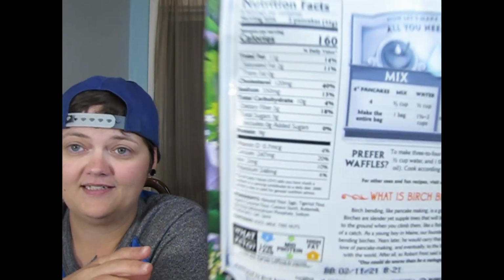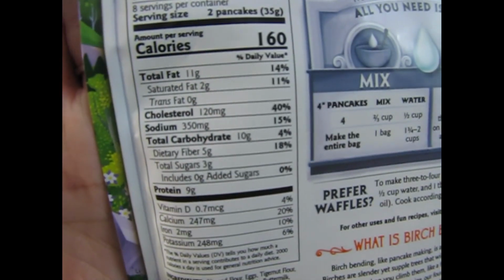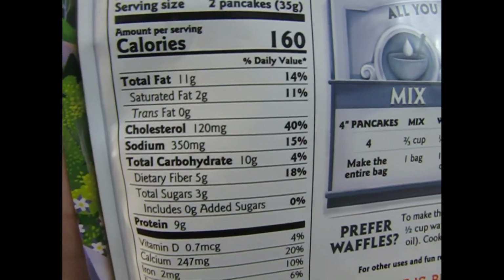Well, anyways, I'm gonna look up the exact price at Walmart. This is like $6.98 at Walmart, I believe. $6.98. So we only bought 1 pack, and it was a splurge that day because we were really, really fiending for some waffles or pancakes. There you go. Yeah, and we bought sugar-free syrup, which was probably not the best thing to buy,